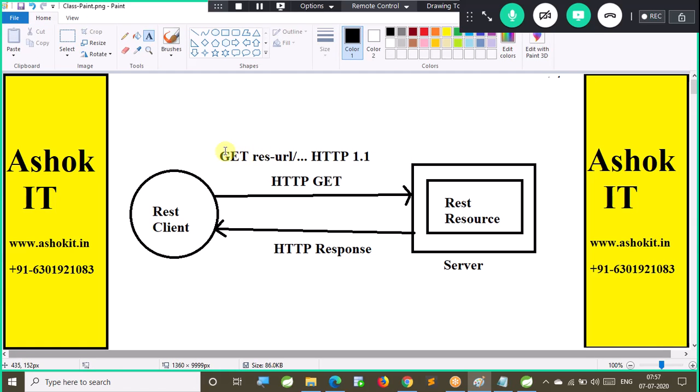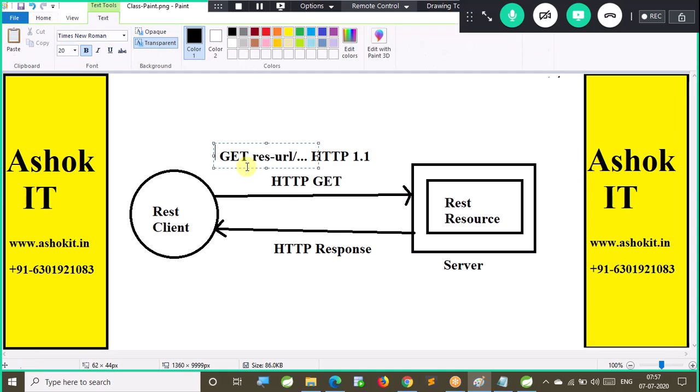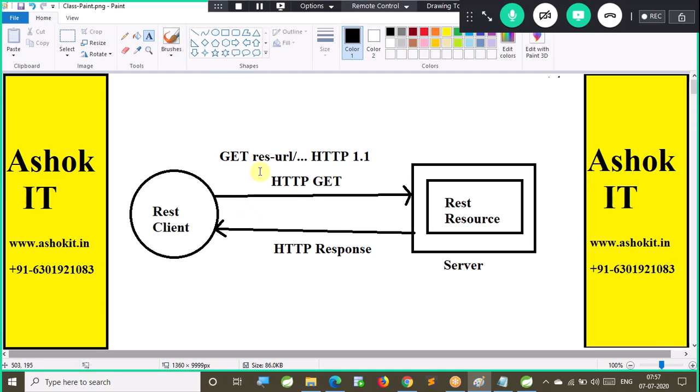The GET request is represented as GET in HTTP. After the GET, the URL of the resource to which you are sending that request will be specified. After that, the HTTP protocol version also will be specified. Like this, the client will prepare that GET request and send it to the REST resource. The resource will process that request and send the response to the client, which is called an HTTP response.